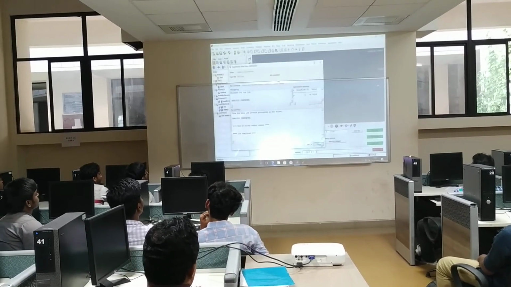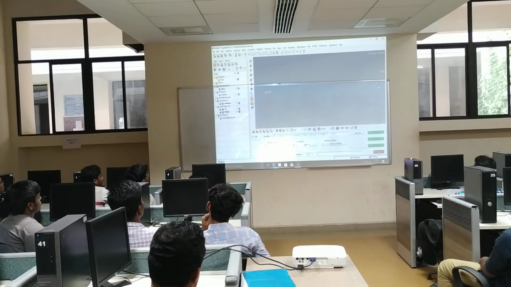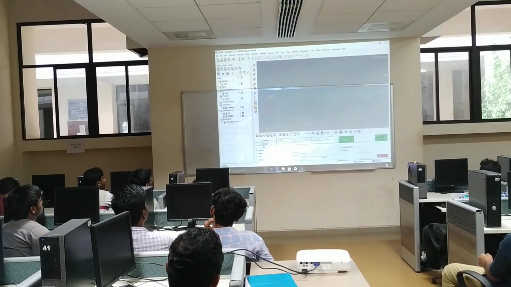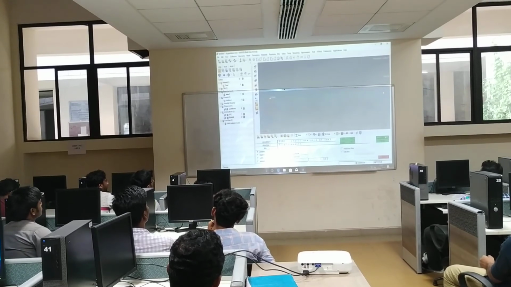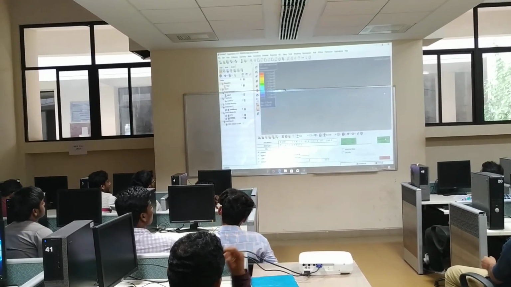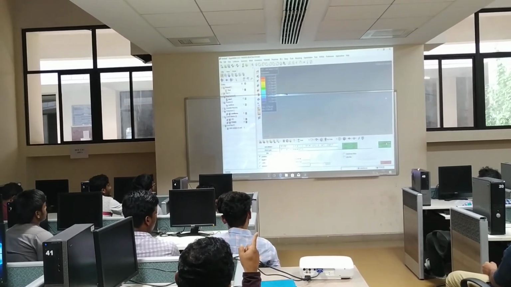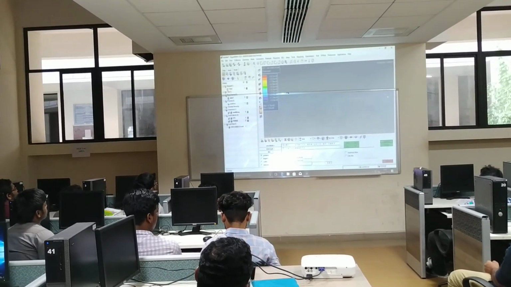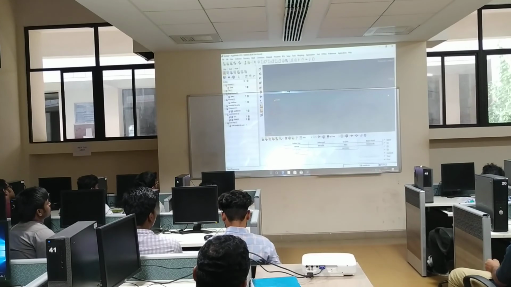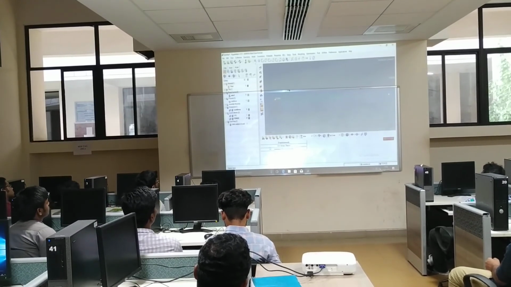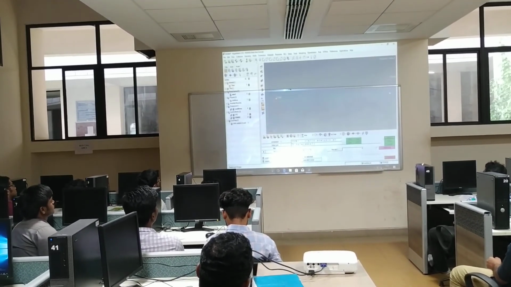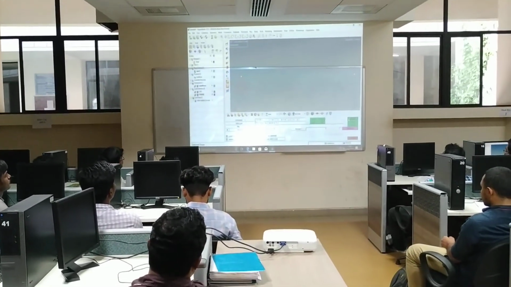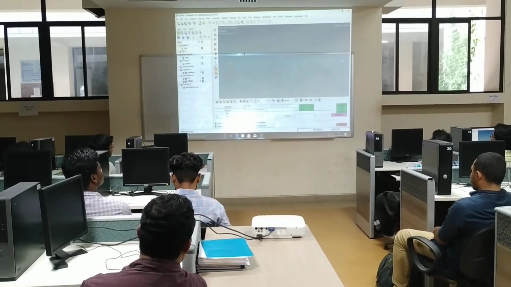So analysis completed. To see the result, go to post processor, contour, data type will be displacement, select contour. Your result: the red shows the maximum value. If you want to see the displacement, the deformed shape, go to deform, select data type, displacement, deform. This is the deformed position. You want to see that deformation animation,